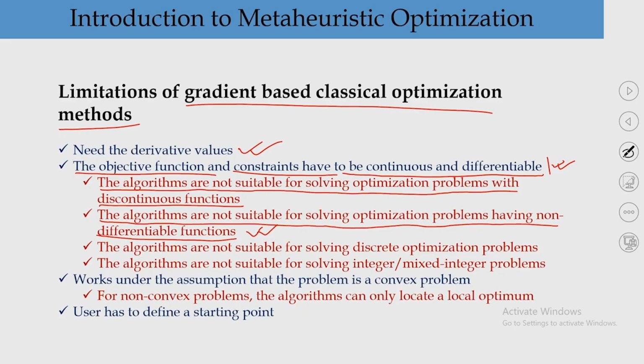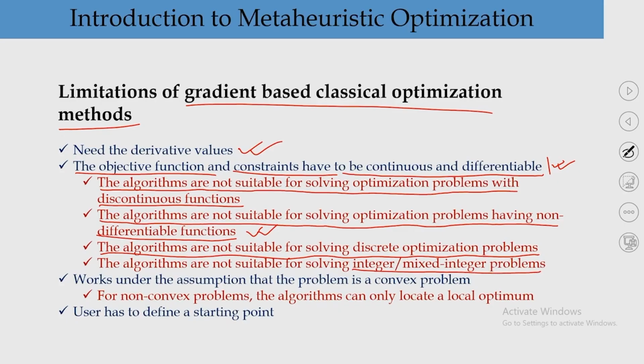Okay. Then the third one is that the algorithms are not suitable for solving discrete optimization problems. So, I can say that if your problem is discrete in nature, in that case these algorithms are not suitable, because that function is not a continuous function. Similarly, if you have an integer problem or mixed integer problem, so many times what happens, suppose I can give